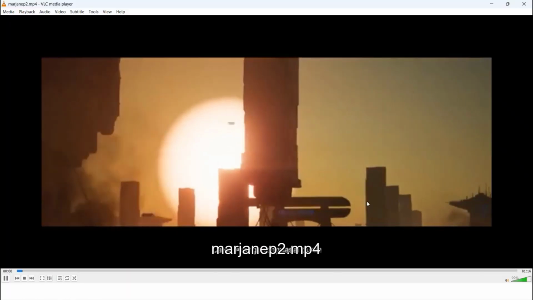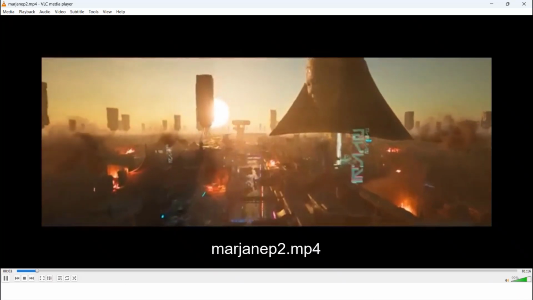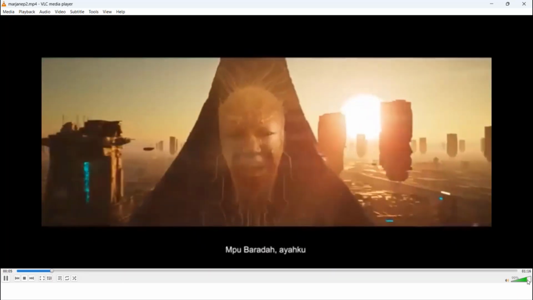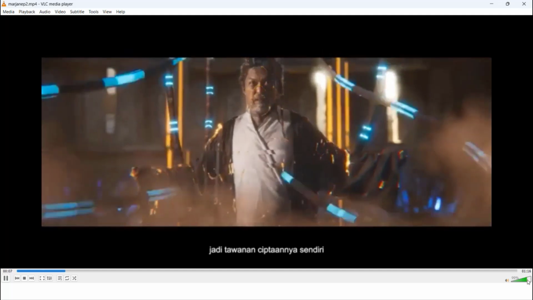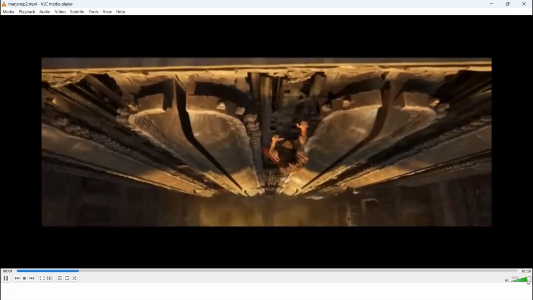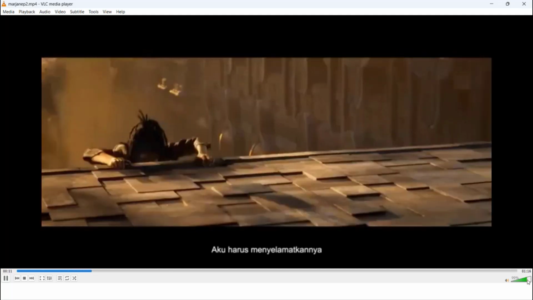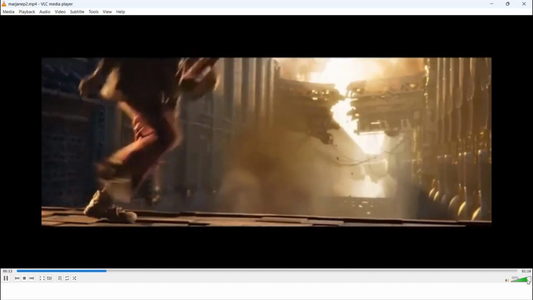Calon Arang menguasai dunia. Empu Barada ayahku jadi tawanan ciptaannya sendiri. Aku harus menyelamatkannya.